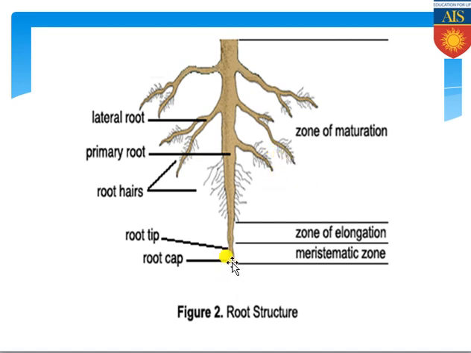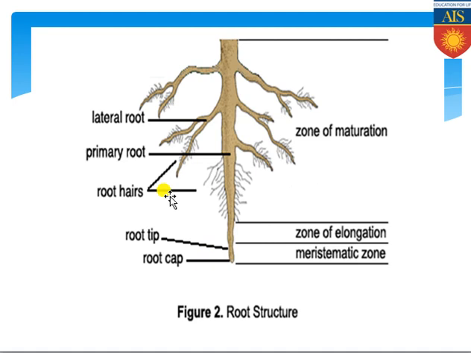At the apical portion of the primary root there is a small cap-like structure, commonly known as the root cap, which is exclusively present for protecting the apical portion of the root. Another very important point is that root hairs are also present on the surface of the primary root for absorbing minerals and nutrients, or rather water, from the soil. So this is overall the structure of the taproot system.